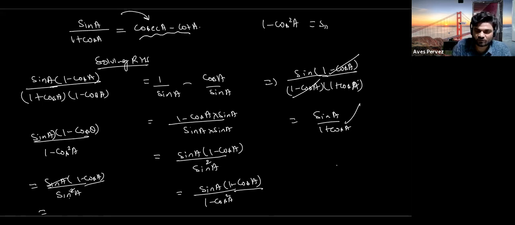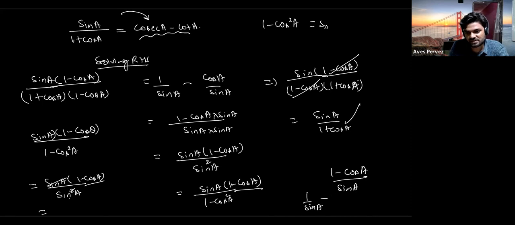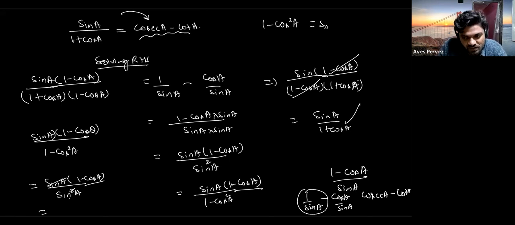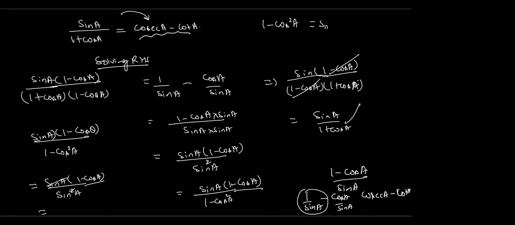Now this will cancel out and one sine is still remaining. So you can write 1 minus cos a upon sine a. We don't need the denominator, we have to split the terms. So you will write here 1 upon sine a minus cos a upon sine a. So you can write here 1 upon sine is actually cosec a, minus cos a upon sine a is actually cot a. Okay, you can solve this one. Got it? Yes, sir. Got it.